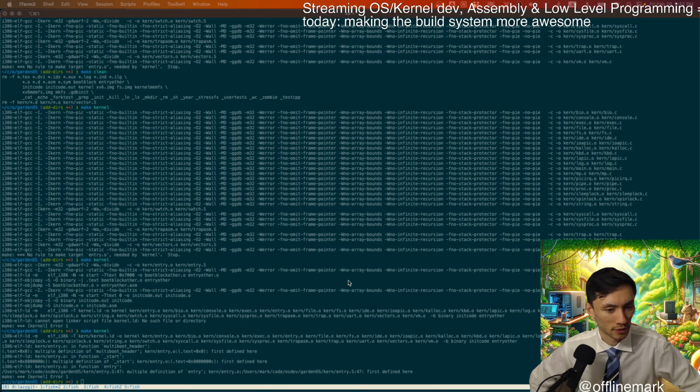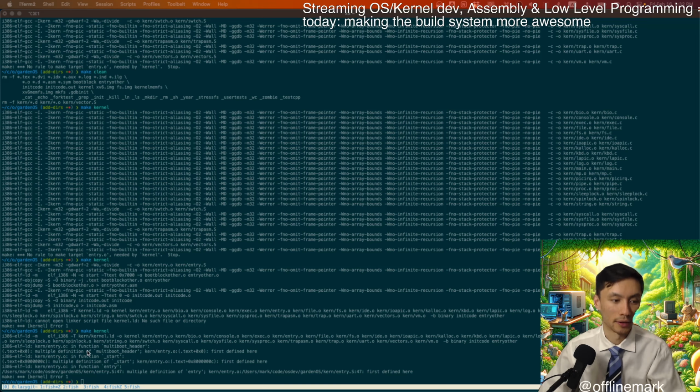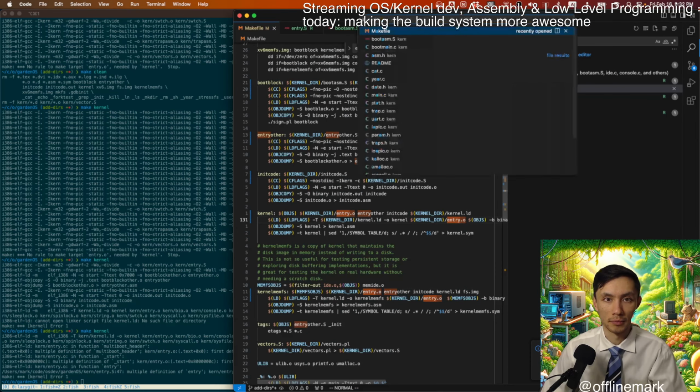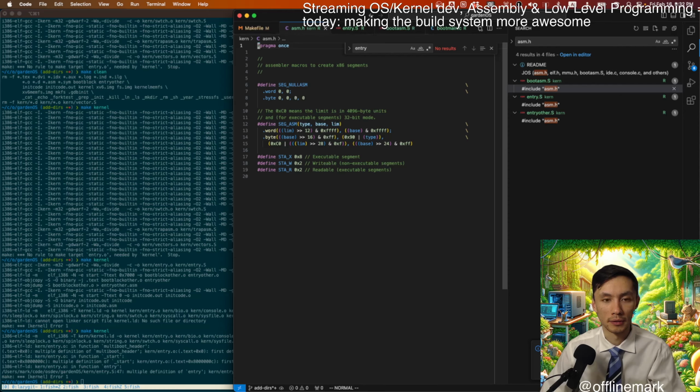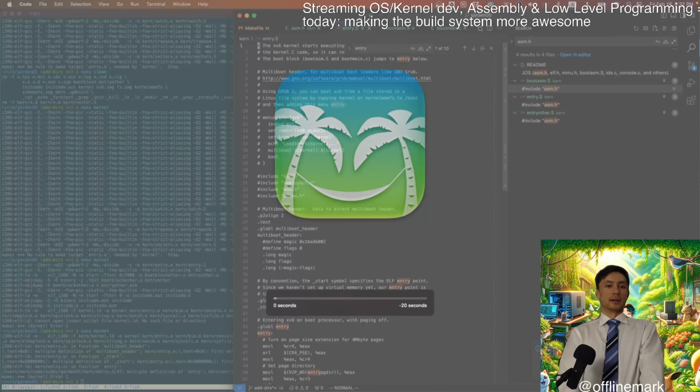Okay, multiple definitions of start. What's the error? In function multi-boot header. Multiple definition of multi-boot header. Okay, I think I even know what the problem is. Entry.s. All right, break time.